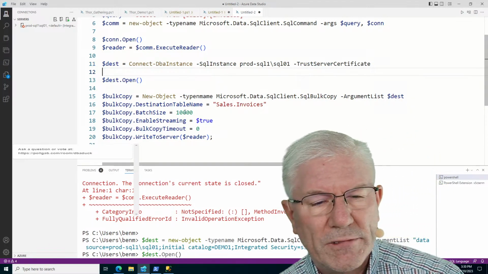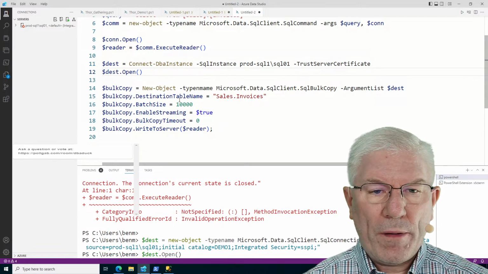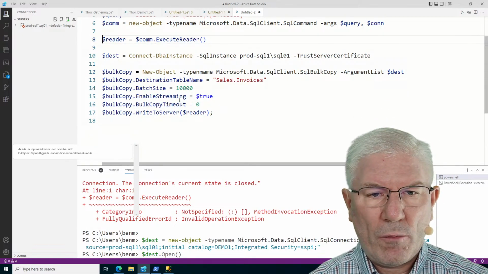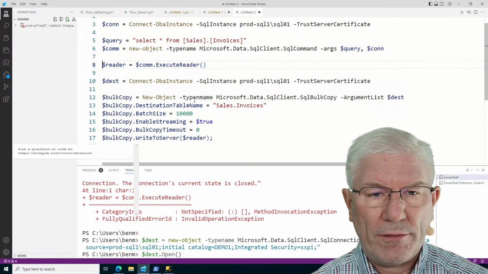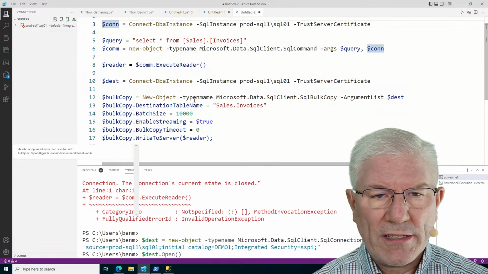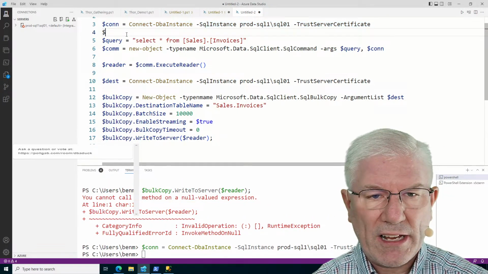Trust server certificate. And then, oops, dest.open, I don't have to do that. I don't have to do con.open because it's already, well, actually I do. I do actually have to do con.open. If I do this, you'll see con equals good, but then when I say con